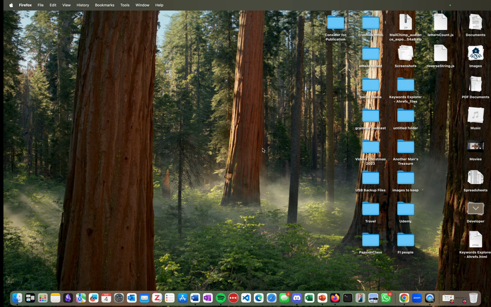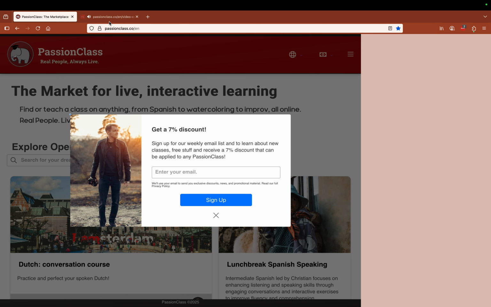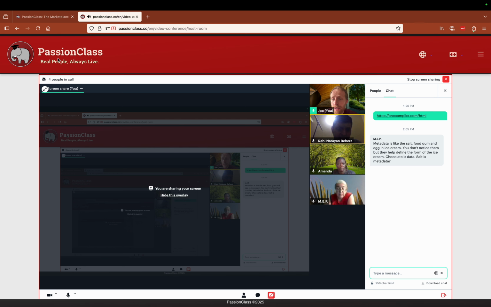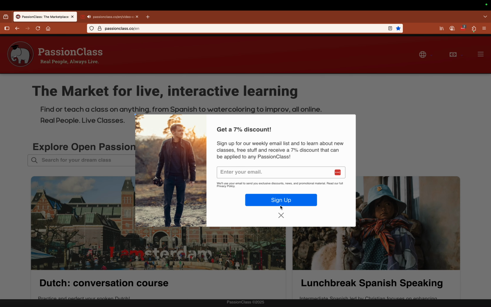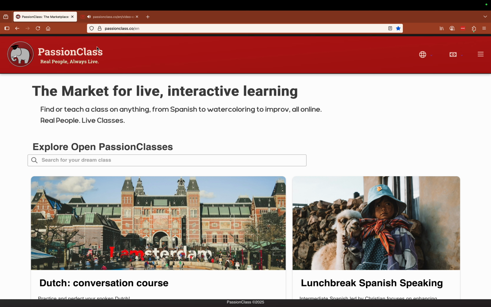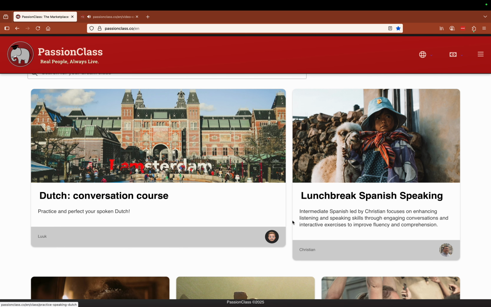I'll give you an example on Passion Class here really quick. So on Passion Class, we've got this here. I pointed out this is a divider here. You can notice that these are centered. These are both centered within an invisible divider here. But a divider is really important because it allows you to do anything that's a block. So for example, I've got a divider here, then I've got this, and then I've got a divider here. Each of these is a divider because it's a box.